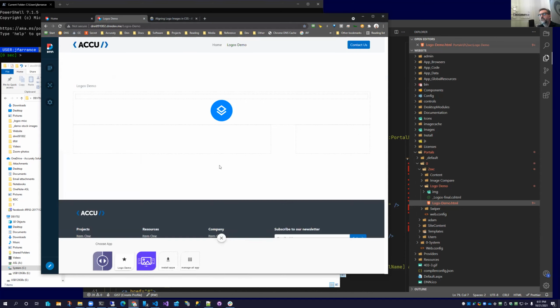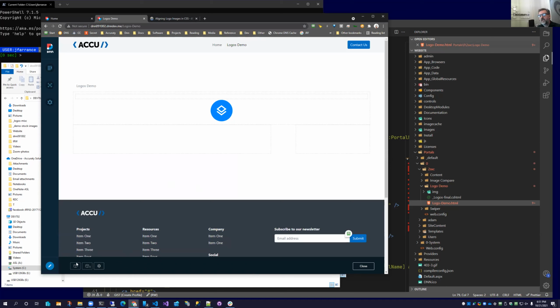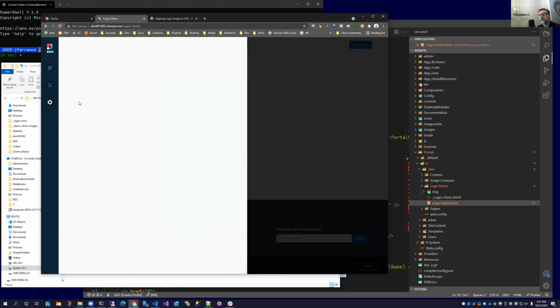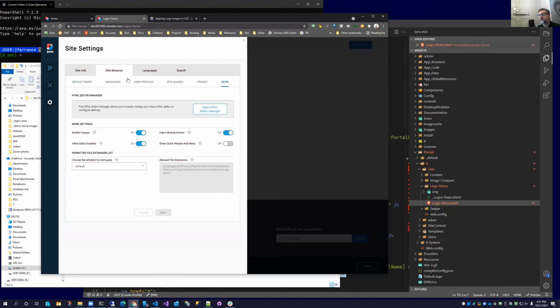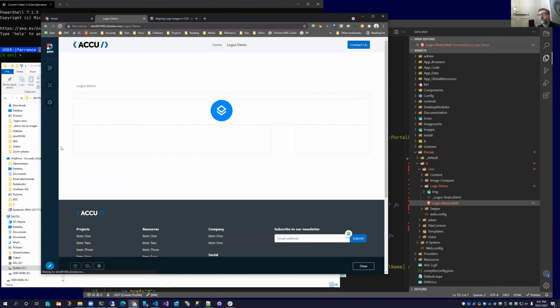The other thing I wanted to just demo real quick, because a lot of people seem surprised that I do this and ask me how and why, so I'm just going to cover it real quick. The quick add menu in DNN is now sitting wonderfully under site behavior more. Turn this puppy on, hit save, and then close that and refresh. And you now have these nice little quick inserts for getting stuff on your pages, especially when you have a nice theme with well-organized panes, the way we do, of course.